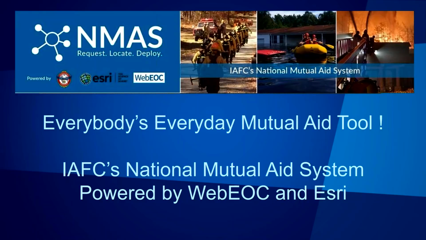So we started the Mutual Aid Net program in 2008. It was a program that the IAFC developed in conjunction with the state of Ohio. And it was a static system of resources across the country. We had 18 states that participated in Mutual Aid Net. And for the last 3 or 4 years, we've really started looking at how we need to create more geospatial data within a mutual aid system.